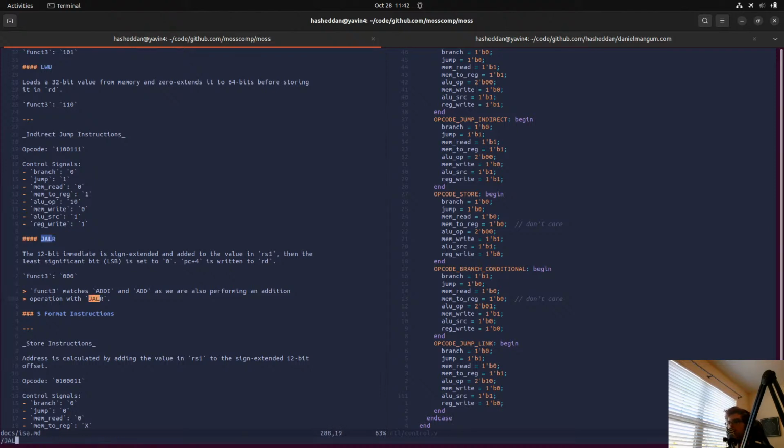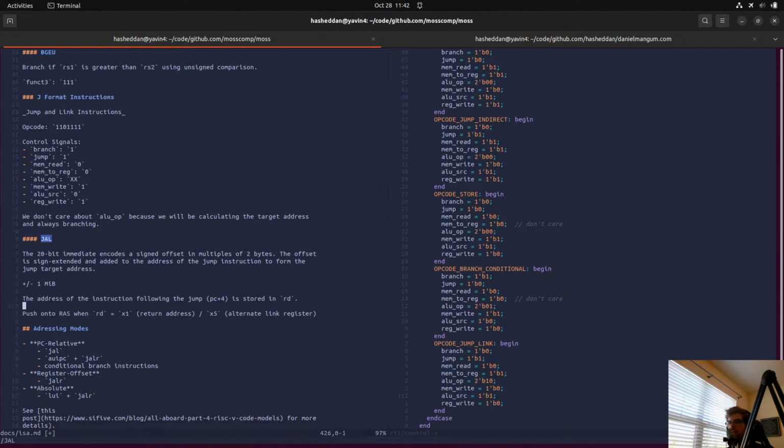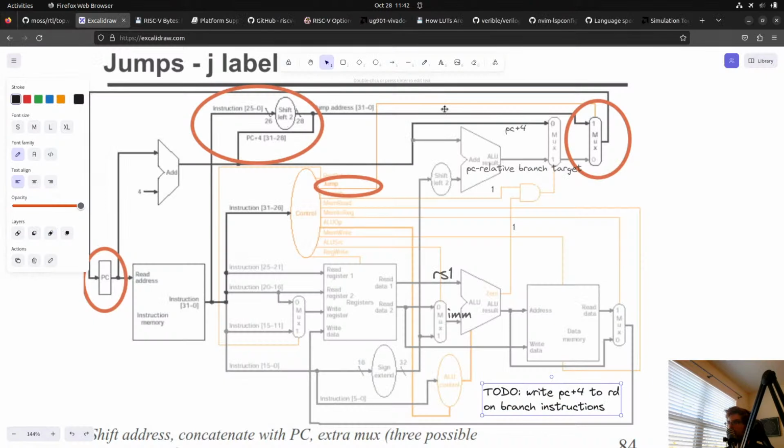And jump and link doesn't have a funct3.